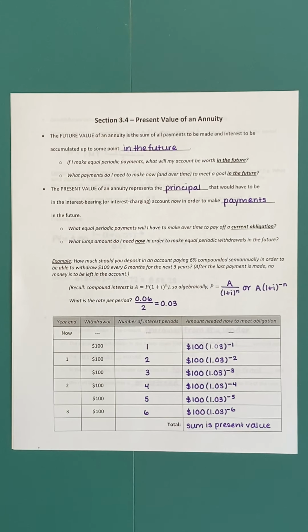Some of the money you use will have come from the money your parents put in the account originally, and some of the money you use will come from all of the interest that was earned on whatever balance the account maintained. So again, that's not going to be as common of a situation. Typically, we're looking at situations where we're paying off a loan, but it's the same kind of idea. This idea that we're starting with money now, this money accrues interest, but the goal is to take that particular balance and then decrease the balance over time to zero, decreasing not only the principal to zero, but also